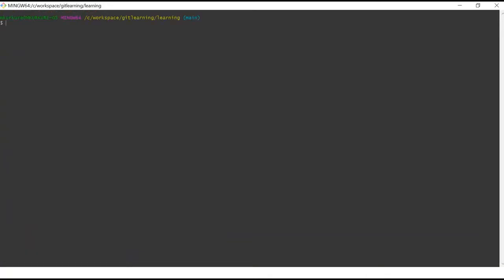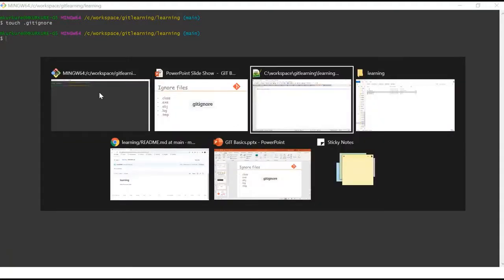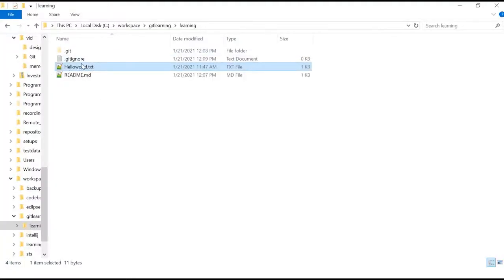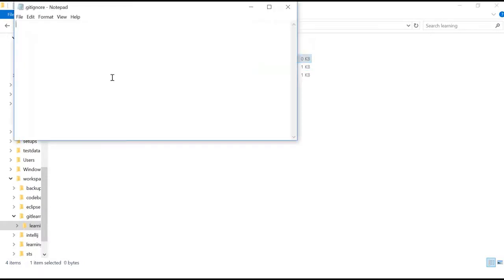So let's do that by using touch .gitignore. Now this will create one file in the learning folder at the root level. So let's go to that, and let's say I don't want to check in .class files and I don't want to check in .log files.